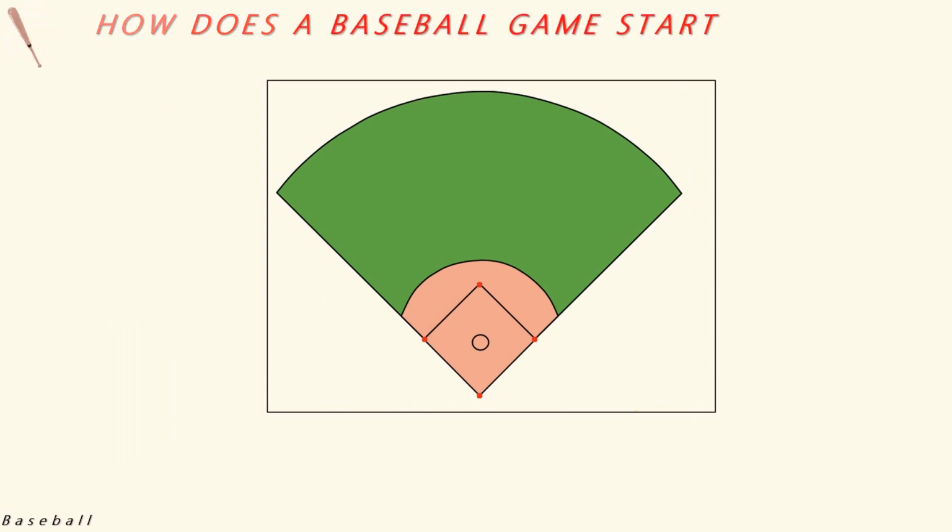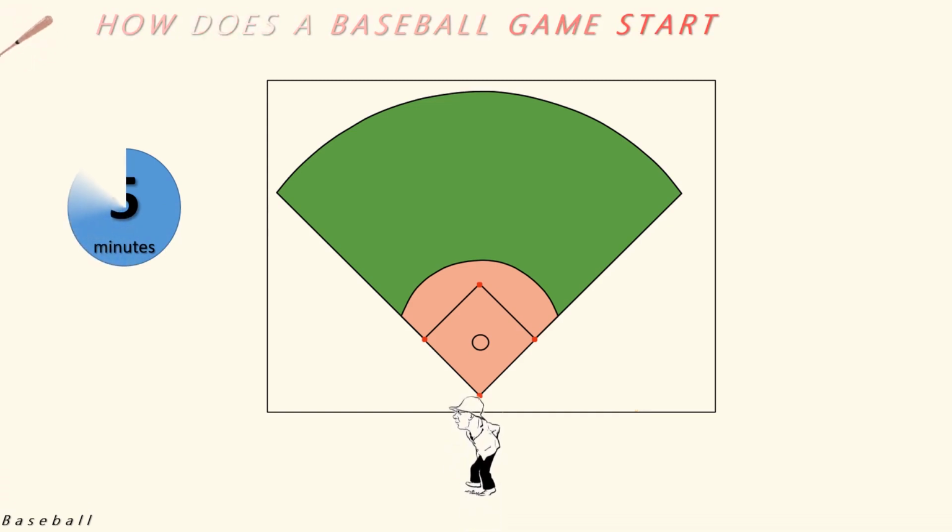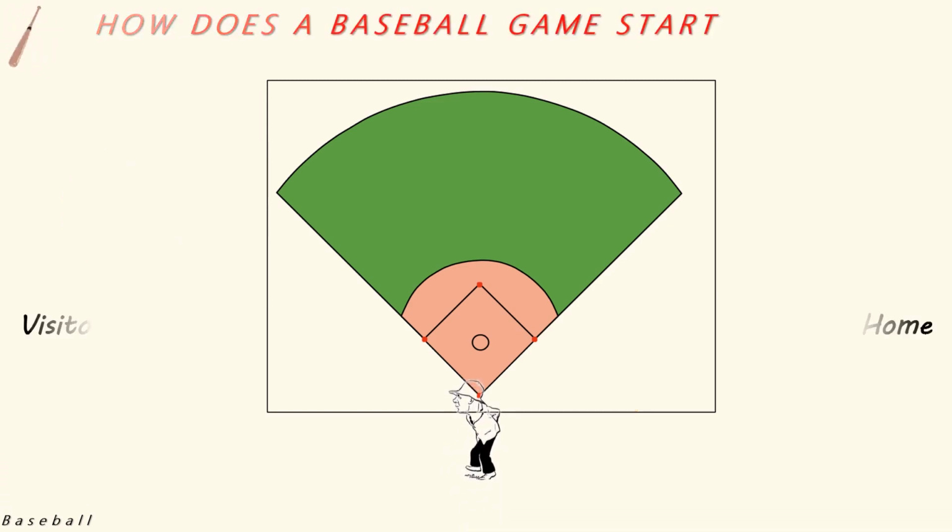So, how does a baseball game start? At the start, umpires enter the field 5 minutes before the scheduled time. They go straight to the home base. Umpires meet the managers of the two opposing teams at the home base. Then, the home team manager gives the batting order of his team to the umpire. It is followed by the visiting or away team's manager who gives his batting order to the umpire. After this exchange, the batting order cannot be changed except that substitutions can be allowed as per the rules. Compare it with cricket, in which the order in which a batsman goes out to bat can be changed anytime by the team's captain.